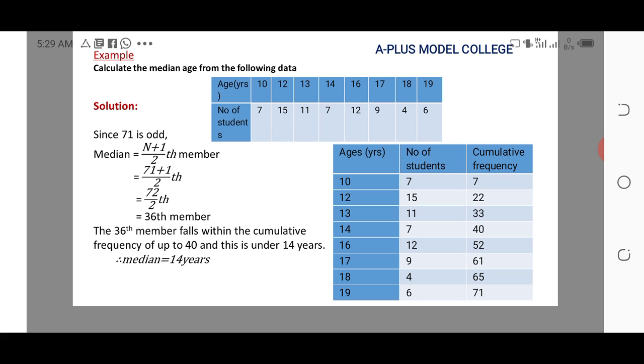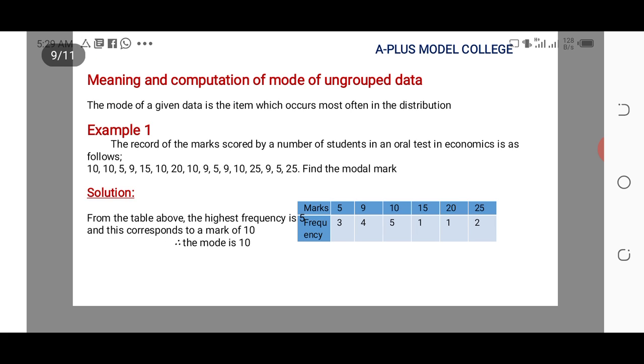And the cumulative frequency can also help us in getting that anyway. So the next one is mode for ungrouped data. We are going to be talking about grouped data and the complex situations in our next class anyway. The mode here for any given data is